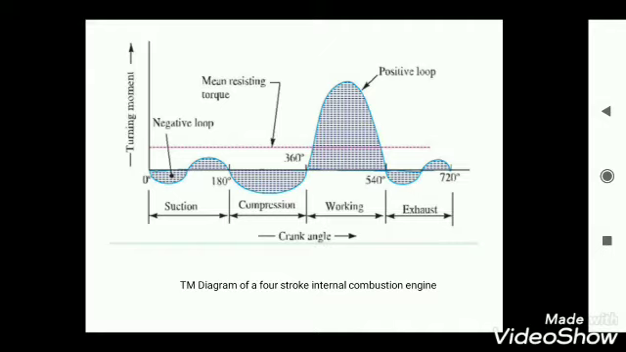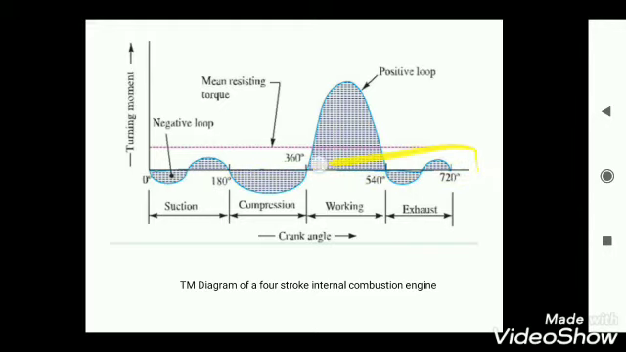Since the pressure inside the engine cylinder at the time of the suction stroke is less, the negative loop is formed over here. Basically, in the suction stroke there are two loops: a small negative loop and a small positive loop. Now why is it called small negative and small positive? Because there is